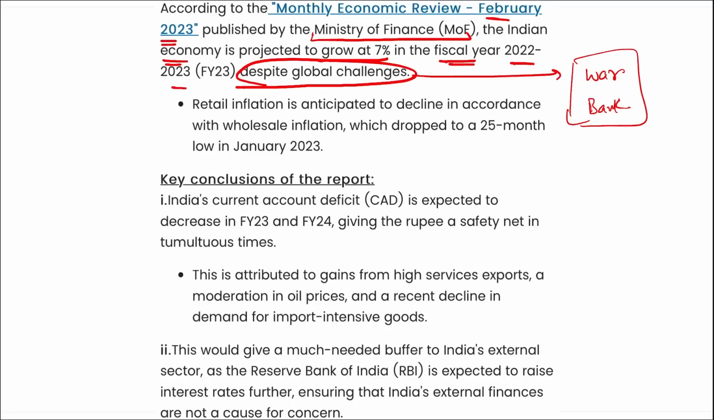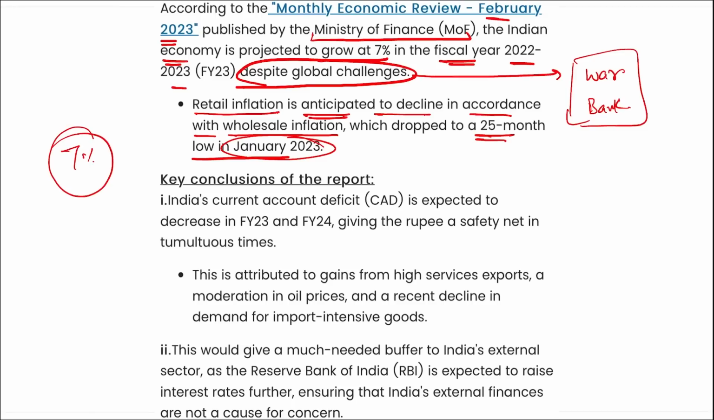All right, apart from this, retail inflation is anticipated to decline in accordance with wholesale inflation, which dropped to a 25-month low in January 2023. So just remember from this report that the Ministry of Finance released a monthly economic review of February 2023, and in which they stated that India is likely to grow by 7%. Next,